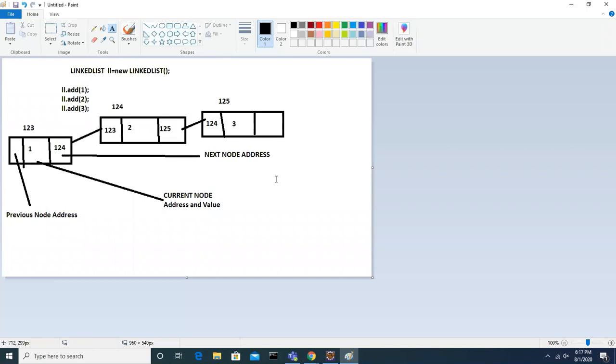Now you guys tell me, if I keep on adding elements, to add the first element it takes 1 second, the second element also 1 second, the third element also. If you want to add 100 elements, it will take the same time. Will it change anytime? The time, performance wise, while adding elements. No, sir. Because every time it is doing the same step, just creating a new node and keeping the addresses. Previous node address, next node address.